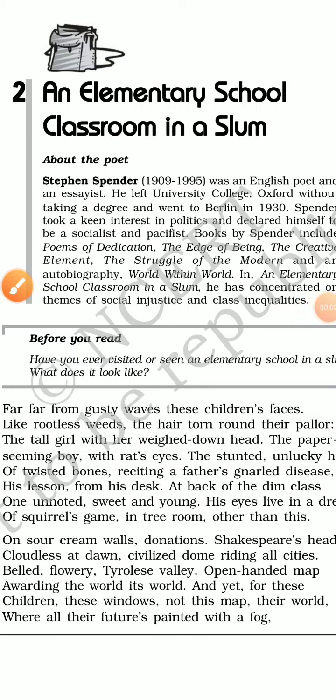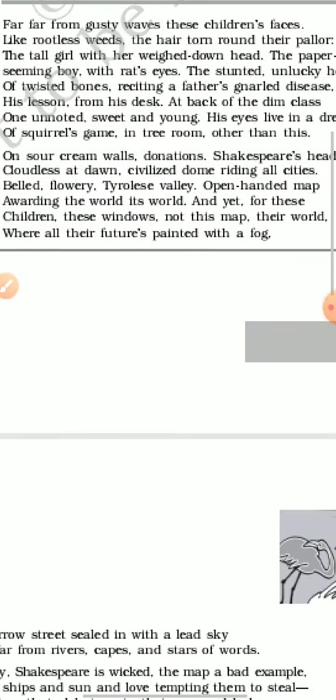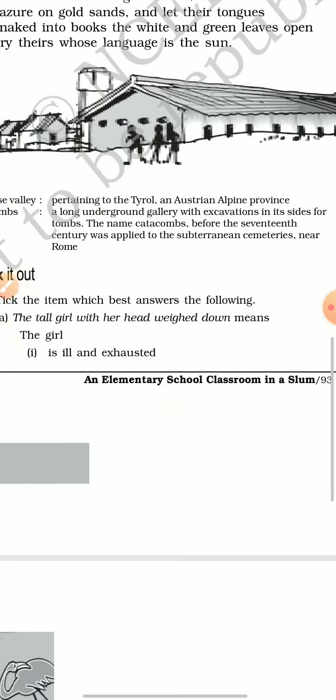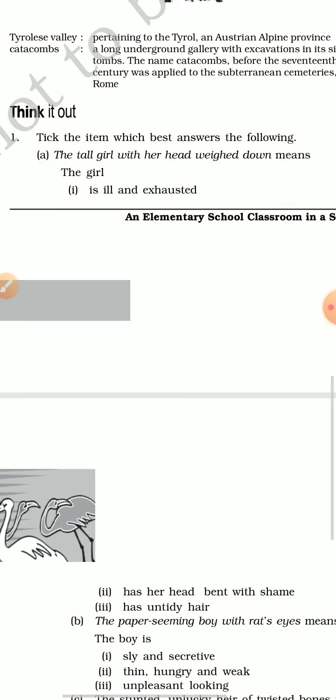Hello students, today we will discuss some question answers of the poem An Elementary School Classroom in a Slum. So we will start with the first question, which is: tick the item which best answers the following. And the A part is the tall girl with the head weighed down means the girl